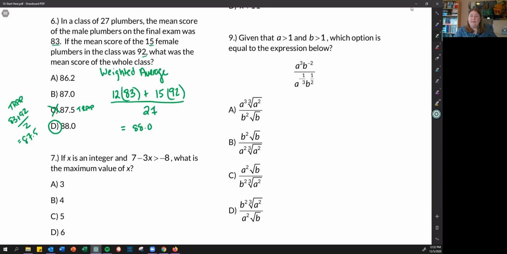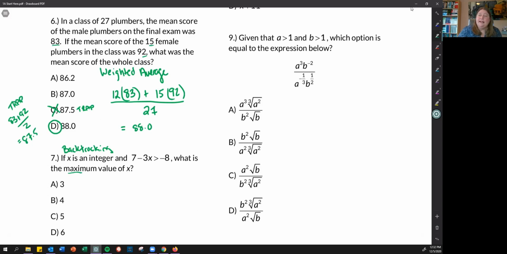Number 7, we have an inequality and it uses the word maximum. I'm going to use backtracking for this. And when I use backtracking and I see the word maximum, I always start with the biggest number and work